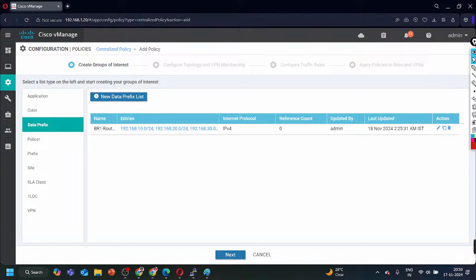Right. So what is the use of data prefix? Data prefix can be used to control traffic flow based on IP addresses, for routing, for priority, and for segmentation also we can use it. For example, you can route all the traffic from 192.168.10.0/24 to a specific data center, or you can block it, or you can configure a specific color for that,